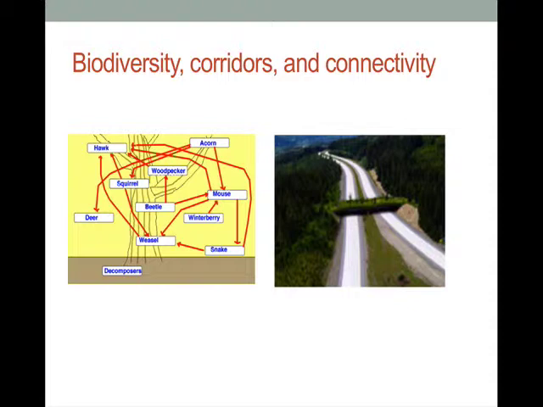I doubt in the little community we're talking about that we need to have bridges over freeways, but again, this graphic reminds us of the level at which some communities have to go to maintain connectivity between subparts of the population. So we'd want to consider that as another goal, sort of a sub-goal, in order to maintain the resilience of the overall resource.